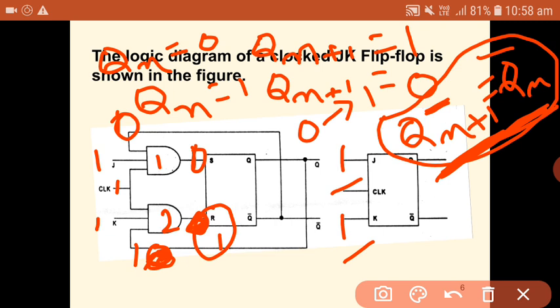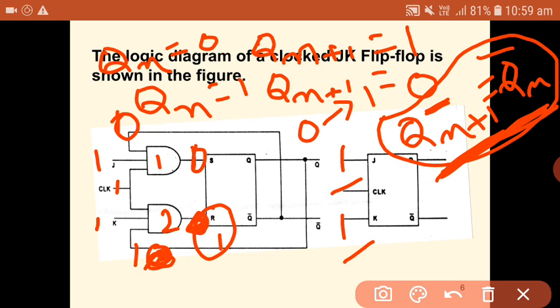So that is the change that you are going to get between SR flip flop and JK flip flop. For SR flip flop, the first three combinations are defined, and the S is equal to 1 and R is equal to 1 combination is not defined, because you will be getting an invalid output, and that is compensated in the refined SR flip flop, which you are calling the JK flip flop.